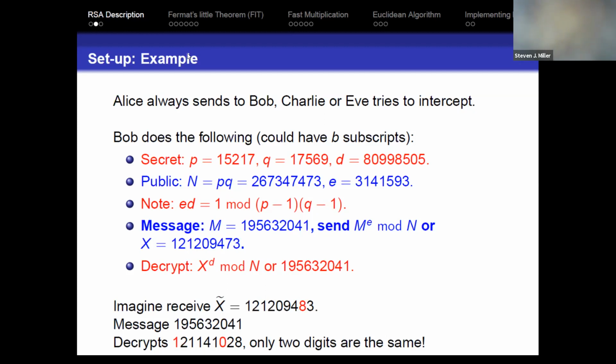So to just get a sense of real time, here is something I've made to implement RSA. I'm not going to show the earliest stuff where I introduced a lot of the functions. I'm going to compile this line, and then the first line I'm going to run is create RSA. It's going to print out a couple of outputs. Here is my value for E. Here's ED mod (P minus 1)(Q minus 1) is 1. Here's my N. Here is what P is, here's what Q is, here's what D is. Obviously, if you were going to implement RSA, you would not print out what P, Q, and D are. This is just for the purposes of having conversations.